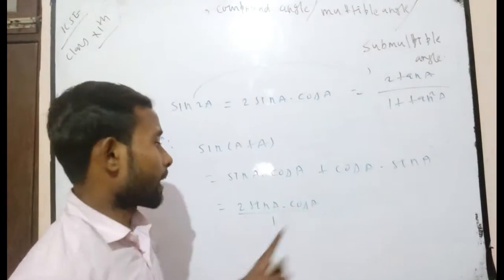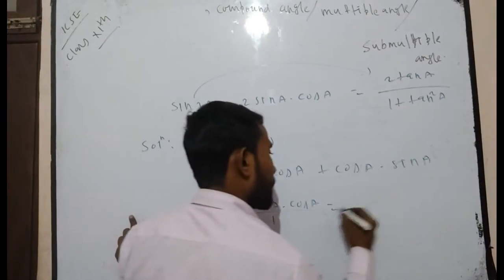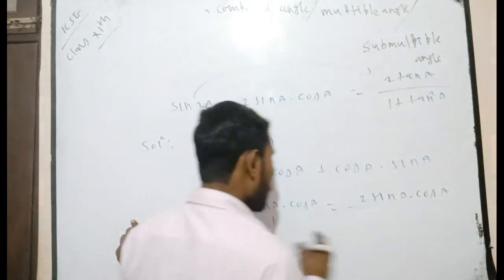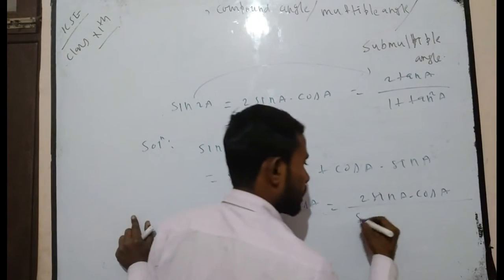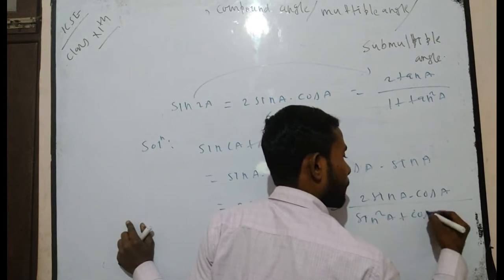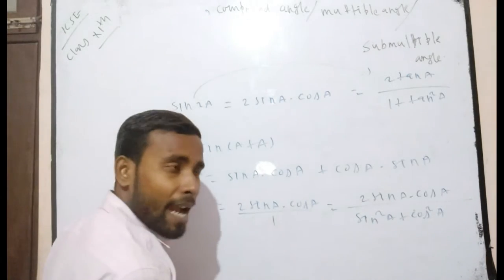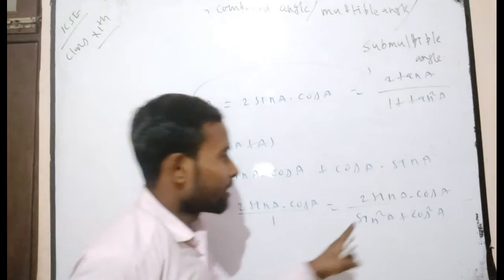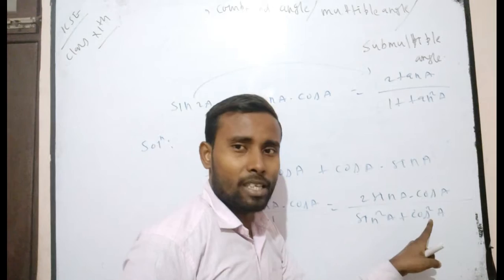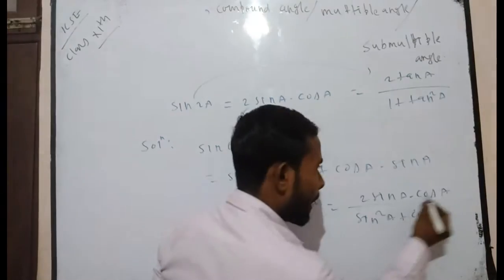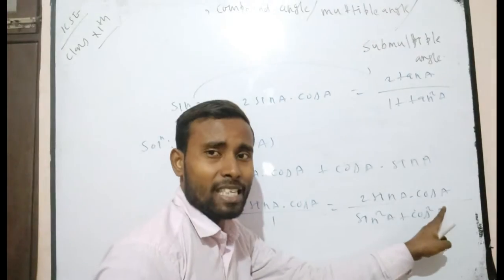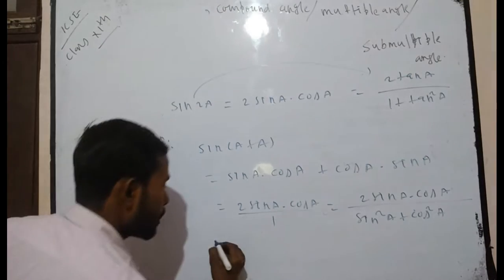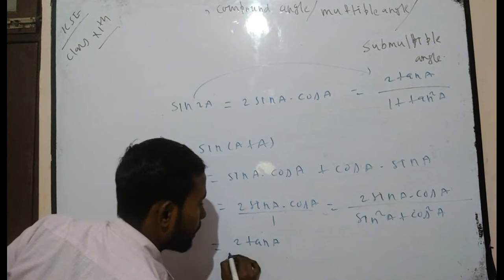Now we take the second part. Write 1 in the denominator. Now it will be 2 sin a cos a divided by, in place of 1, sin square a plus cos square a. After dividing by cos square a in numerator and denominator, what will you get? Dividing by cos square a, one cos a cancels and you get a single cos a in the denominator. Finally, you get 2 sin a by cos a, that will be tan a. So you can write 2 tan a divided by.